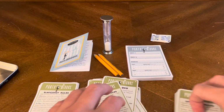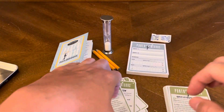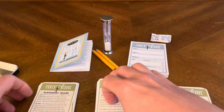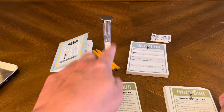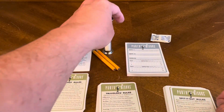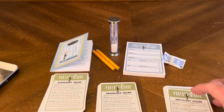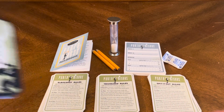So there you have it. You have your card deck for Spit It Out, your card deck for Triviology, and you have your card deck for Slang Shot. You have your rule book, you have your pencils, you have your scorecard, you have your timer, you have your silica gel. Remember, don't eat it. And this is everything that's included. And this concludes our unboxing video of